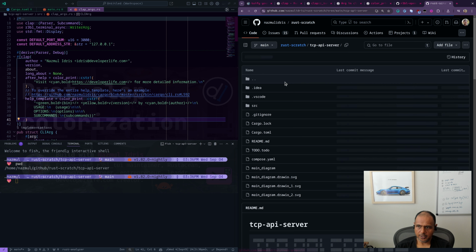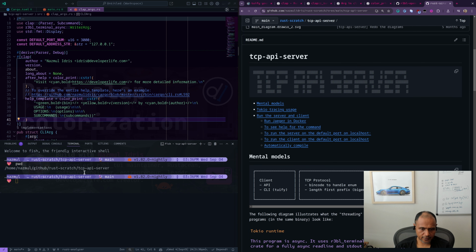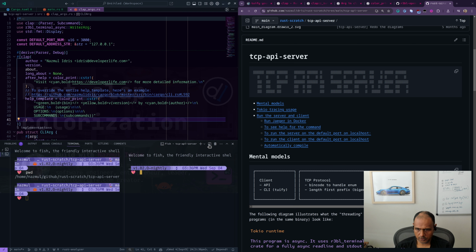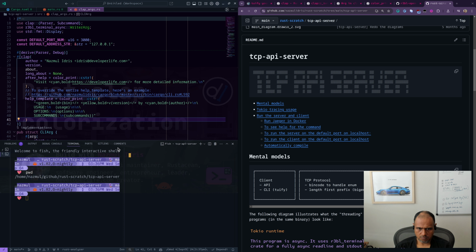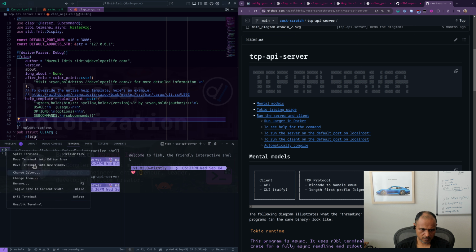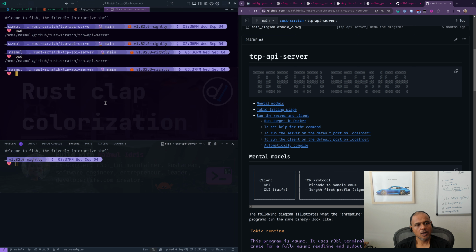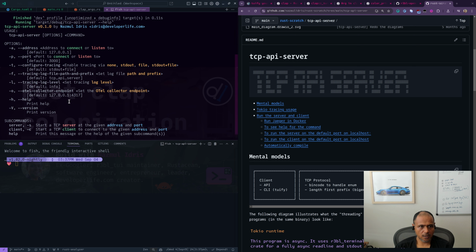This is a full TCP API server implementation with the protocol and everything. So if we run it, and let's split the terminal. How do you split the terminal vertically? Oh, I guess you can't. Let's do this. Oh, it splits it this way. Oh, I guess we could just move to the editor area. Yeah, that works. Okay, so if we do cargo run dash dash help, you'll see that, let me